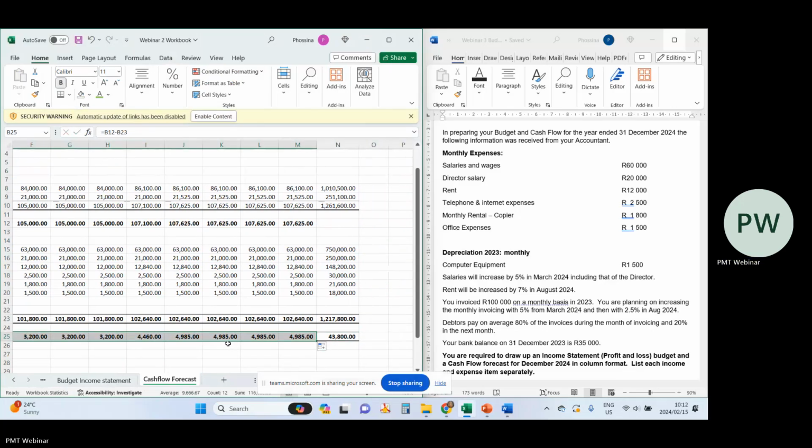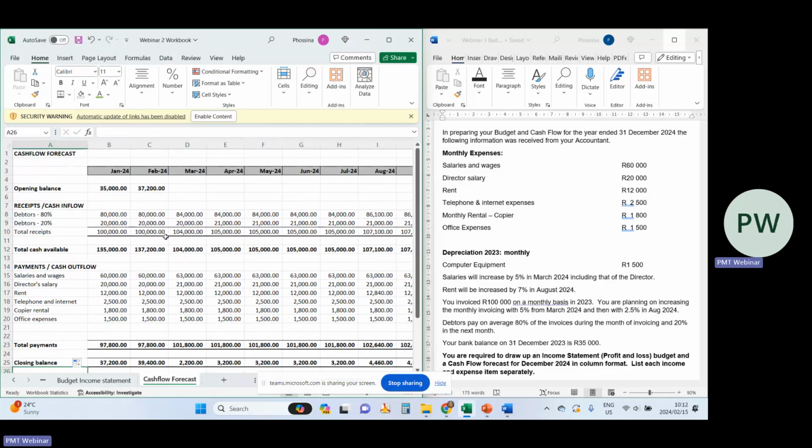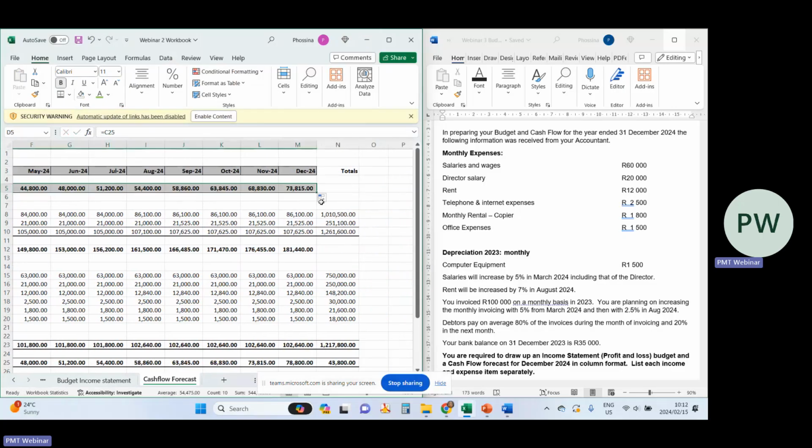And here the closing, it's the same, so we apply the same concept, and then we go on top. For March, it's going to be February opening, so we apply. So if we can copy, we drag like this, we are applying the same concept. Okay, so in December we are taking November, and then we end up with